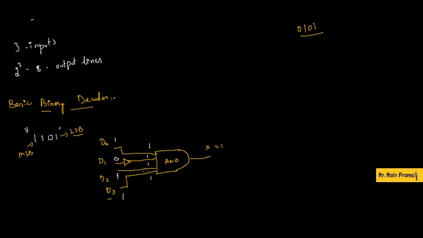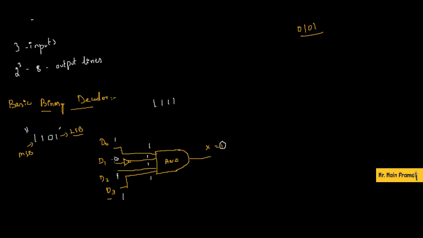So all the inputs are 1, and the output is going to be 1, right? The output is going to be high. So that means this D1 is getting a low input that is inverted into high output, and that is given to the AND gate, right? So for example, if the input stream is 1 1 1 1, all are ones, right?